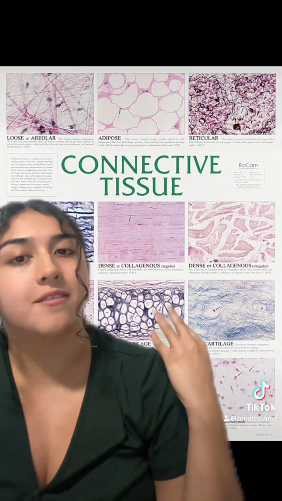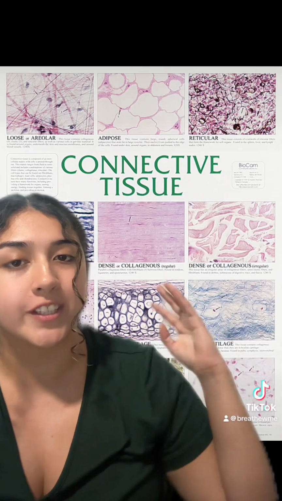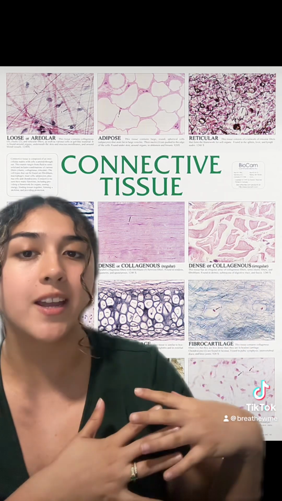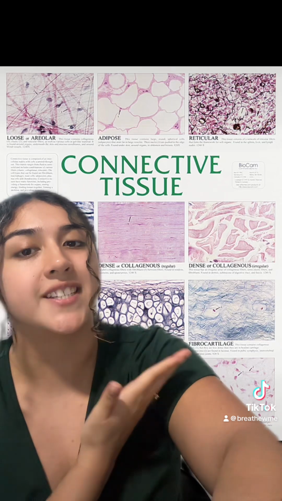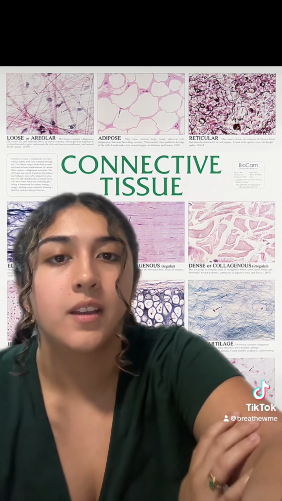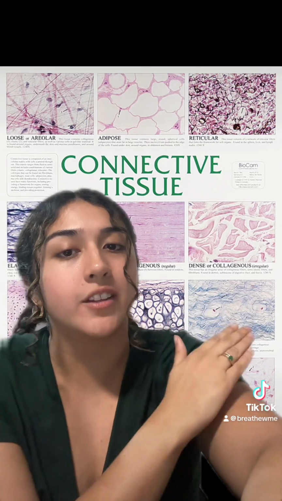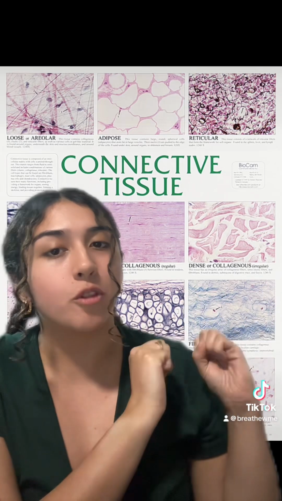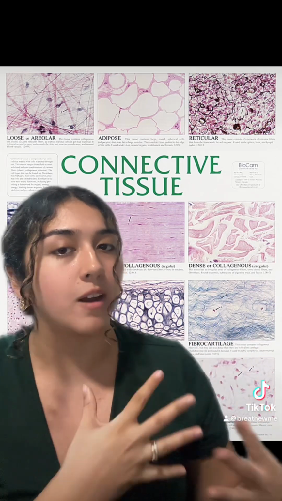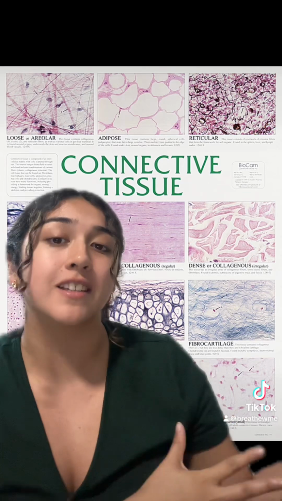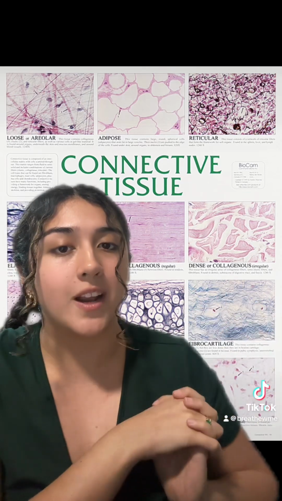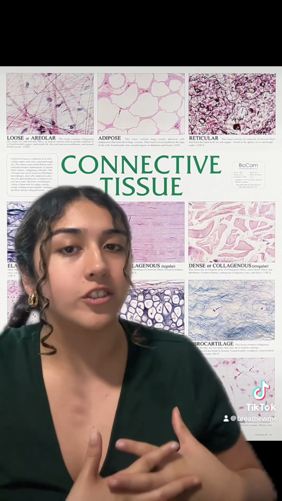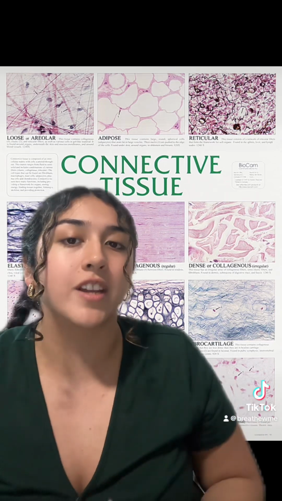Over here we have dense connective tissue, which you can see is named because of its dense fibers. We can find dense connective tissue in our tendons and ligaments. Here we have dense irregular tissue, which looks like it's all over the place because the fibers face in seemingly different directions. And we can find this dense irregular tissue in structures such as the layer of connective tissue in the